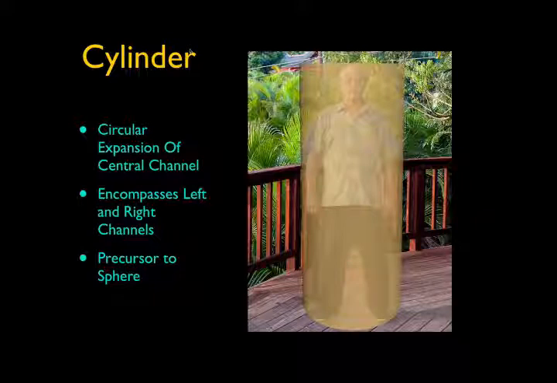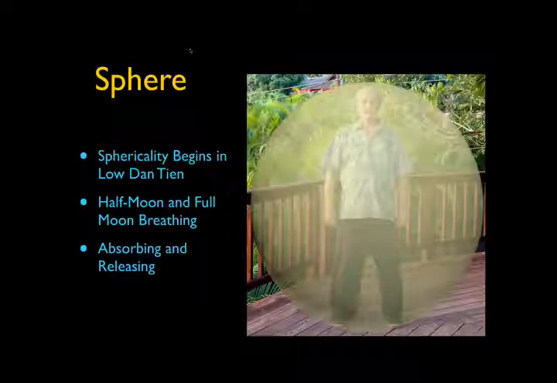And then from that point it expanded to what you see in the diagram here, the sphere, where the central channel just expanded to include the left and right channels. And this has to do with a certain magnetism of the prenatal qi that is worked with in the central channel. Okay? Now, this cylinder is only a precursor to the sphere. And the sphere here is really the holy grail of what we're trying to do with the energetics and the energy body. So many things become possible when we have been able to achieve spherical energy on a regular basis. So, how do we do that? Sphericality begins in the low dantian. What I mean by that is that there is a place in every human being